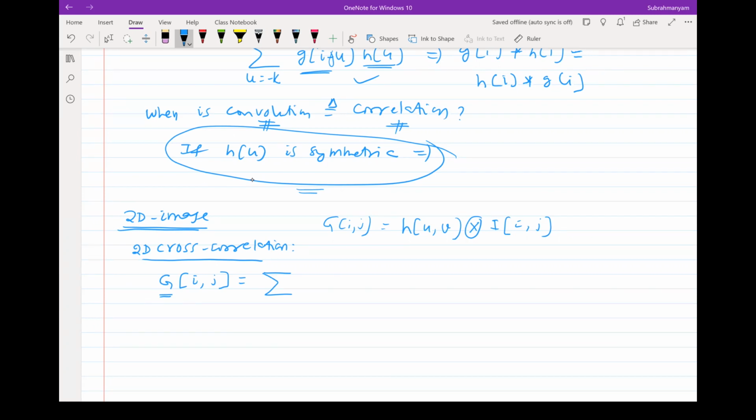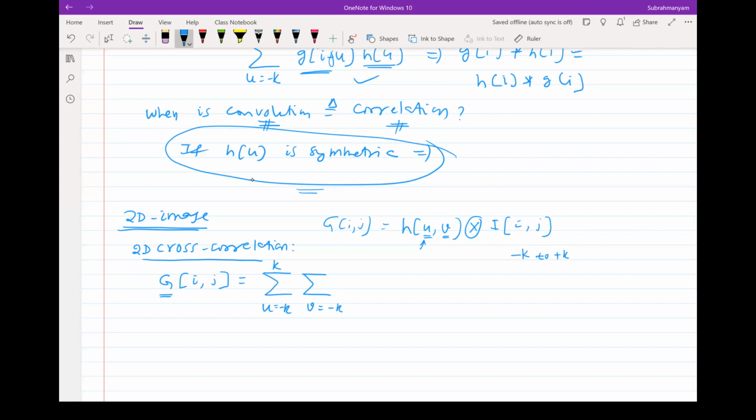We'll have two summations, sir. Very good, that's right. From here, I would like to use u for one and v for the other. Also let me make an assumption that this is a square mask or kernel, each varying from minus k to plus k. So now you tell me, u is varying from? Minus k, sir. Right. Then what about v?